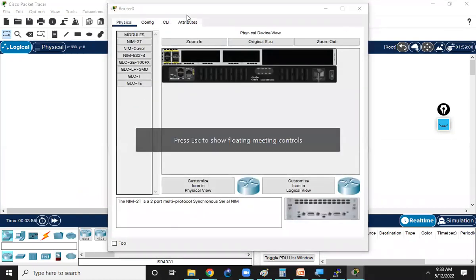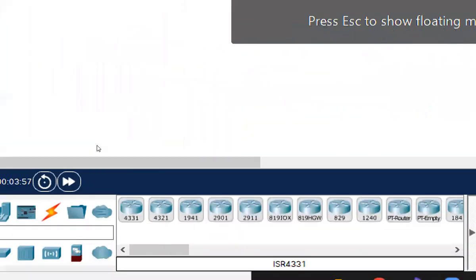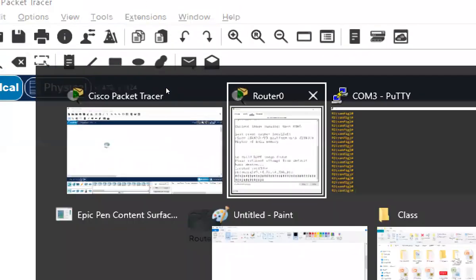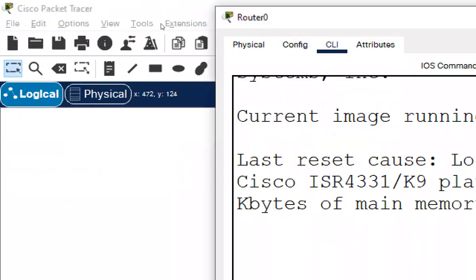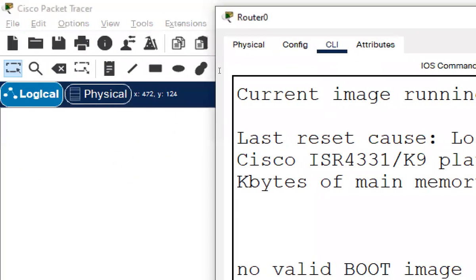After clicking, then you can click on to this CLI. There is a tab called CLI tab. You can click on to, not this one. You can click on to this CLI tab and then say,